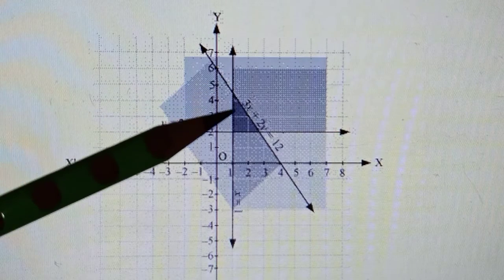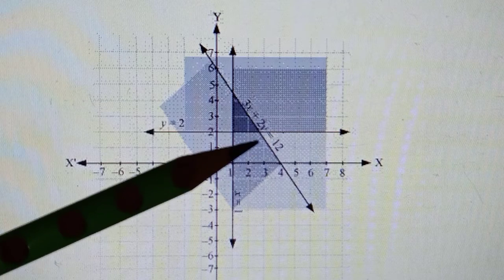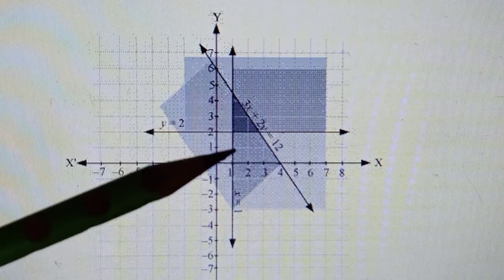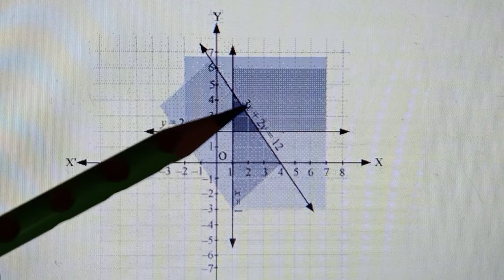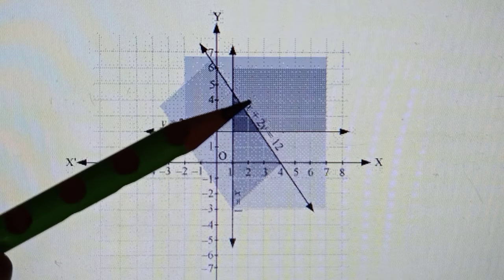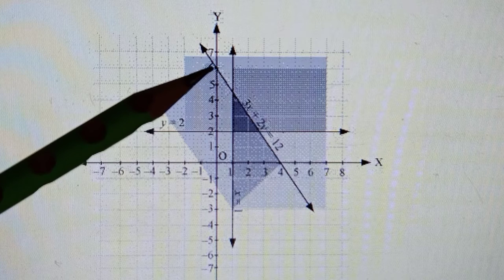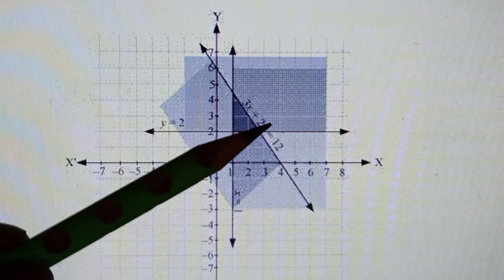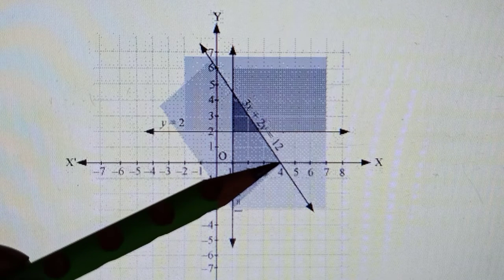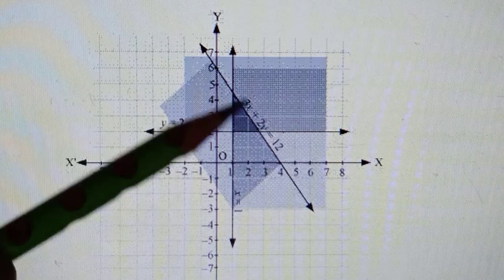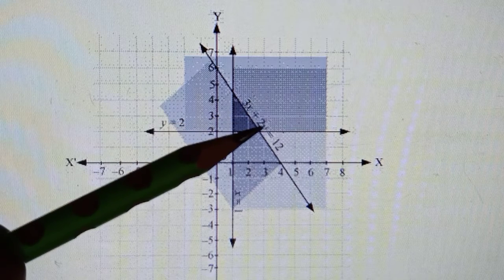First we'll plot the graph for 3x plus 2y is equal to 12. A quick revision, how do we do that? You know how to plot lines; in class 9 that was taught to you. For easy points we can take any points, but for more convenient points we take once x is equal to 0, once y is equal to 0. If you take x as 0, you get y as 6. So one of the points would be (0, 6), which is this point. Then if you took y as 0, you would get x as 12 upon 3, that is 4. So the other point is (4, 0). These two are the major points, and joining them will give you the line corresponding to 3x plus 2y is equal to 12.